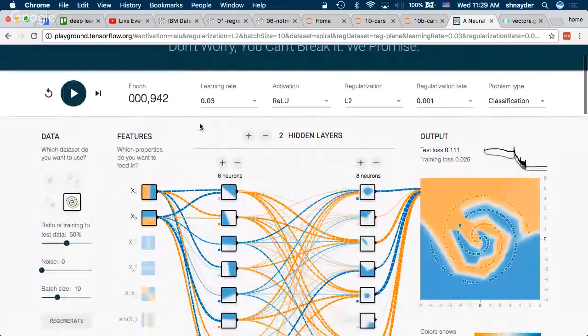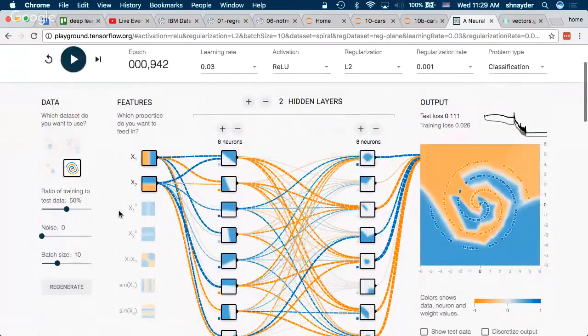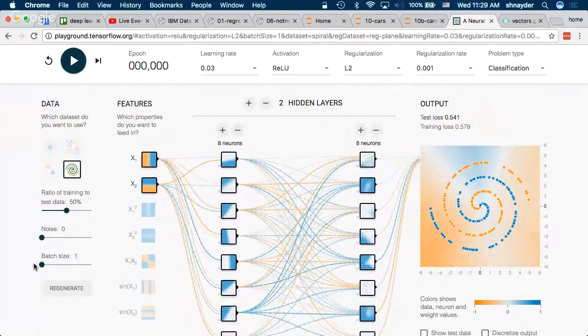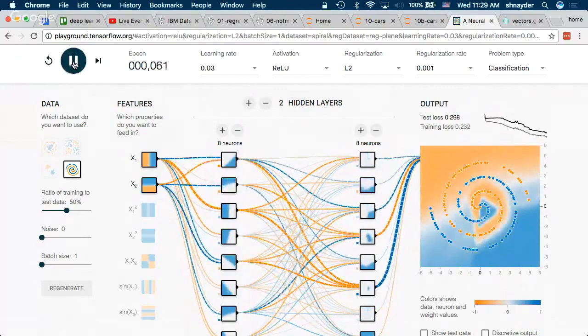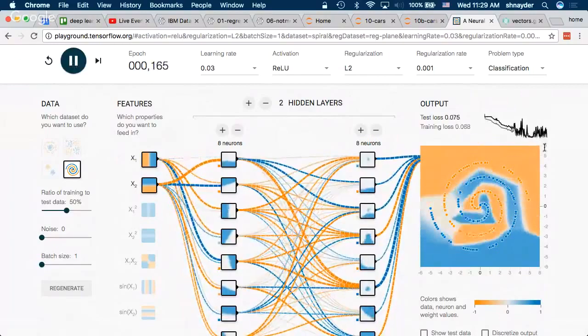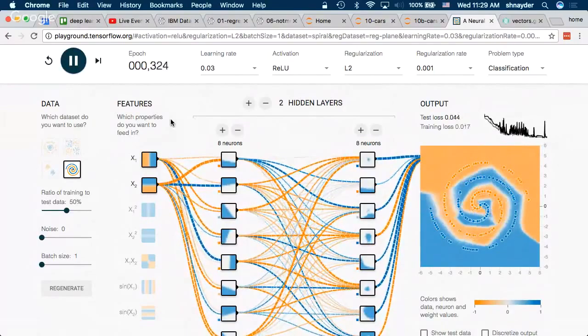What other things matter? What happens if we change the batch size? This is an interesting thing to look at. So let's go to batch size 1. We're going to look at one example at a time. Sometimes it actually works quite well. Sometimes it gives you things like this, where it flails around like crazy, because it's jumping in different directions for each individual data point. So it's much more noisy. But in this case, it worked well, right? It's like, look, get this point right, please.